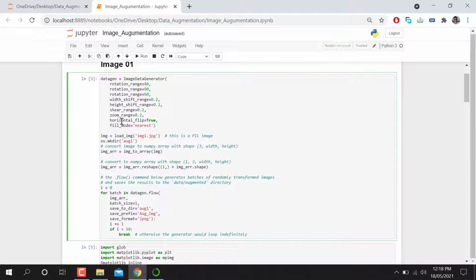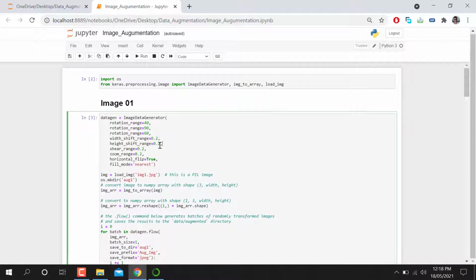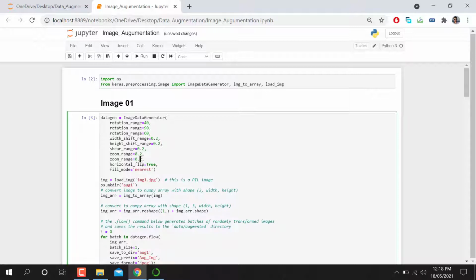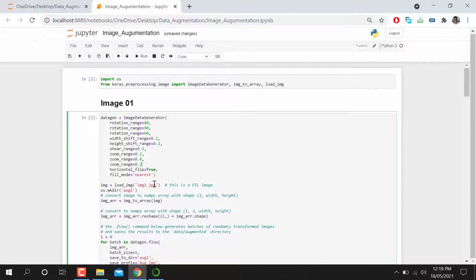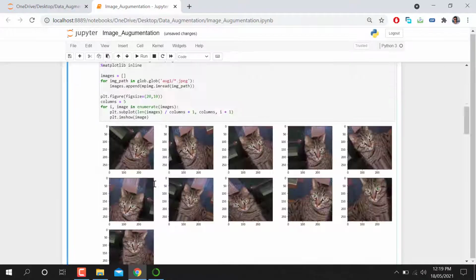So horizontal flip is equal to true, and I'm just adding a zoom factor. Let's suppose for the sake of increasing the data, I'm adding a zoom factor equal to 4, and also using a zoom factor equal to 8. So let's see what will happen when I run this cell.